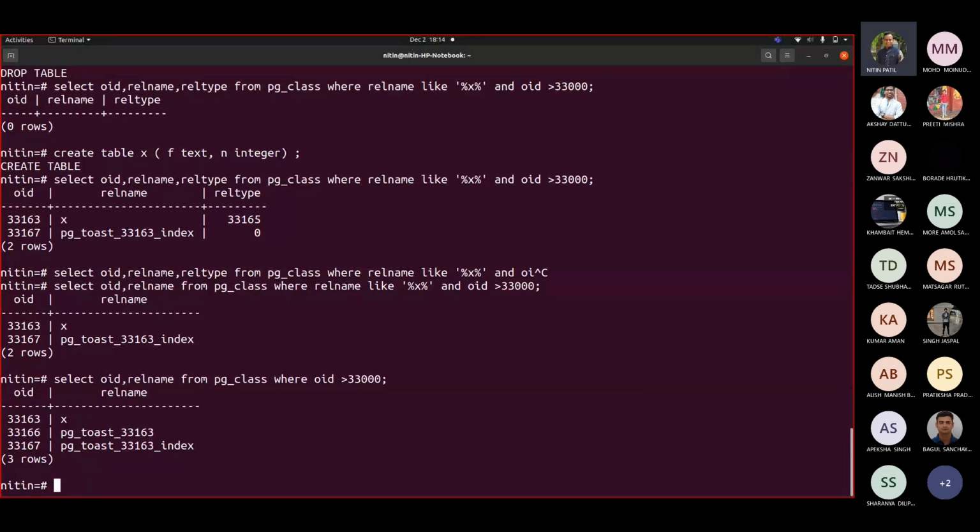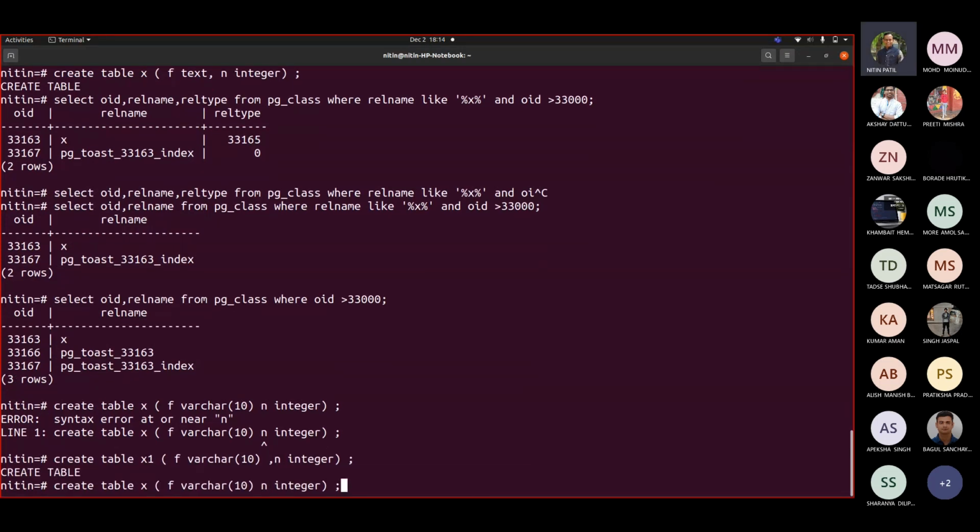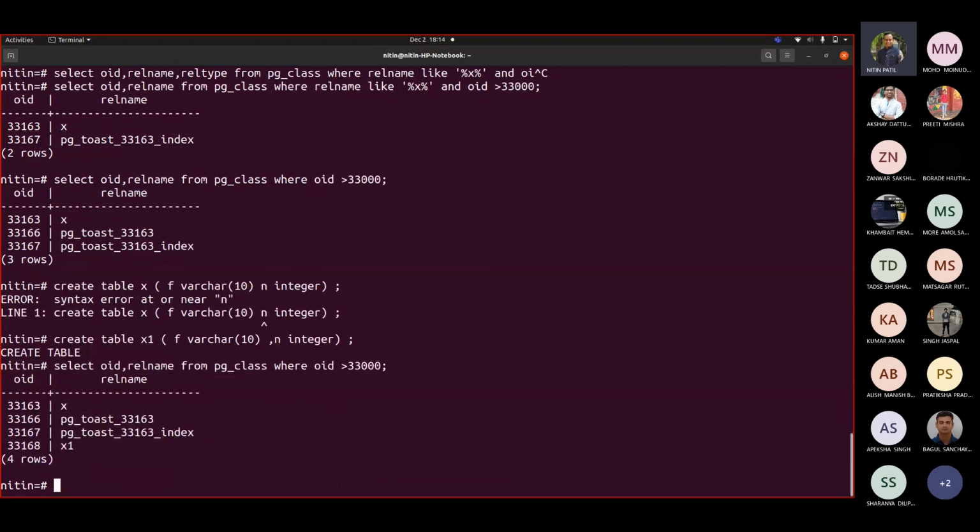Whenever you try to take a table, let me try creating another table, and here simply let me add varchar 10. Sorry, I missed comma. So let me say x1. Now if I fire this, I can see that only x1, one entry is added there.